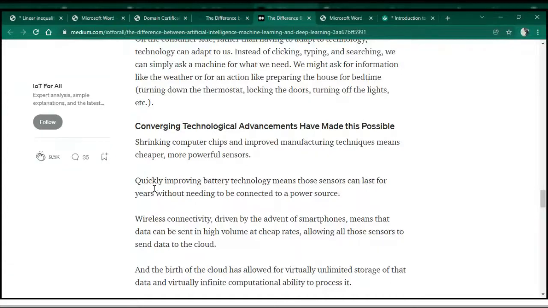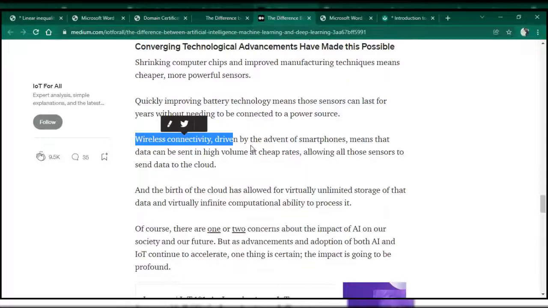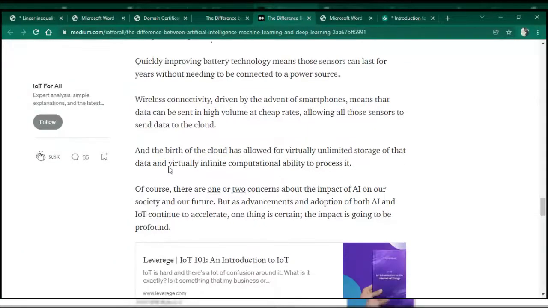If you take a phone that was released 10 years ago and try to use it continuously, try to play some game, you won't be able to. And if you watch a movie, maybe in 3-4 hours its battery will die. But current generation phones, even though they are thinner, are able to last long. So that is how we are improving. Then there is wireless connectivity. I already explained this yesterday, how we are able to transfer data in medical systems. And cloud storage, virtually unlimited storage. Before, you'd go and buy a memory card or a hard disk or a pen drive to store your data.